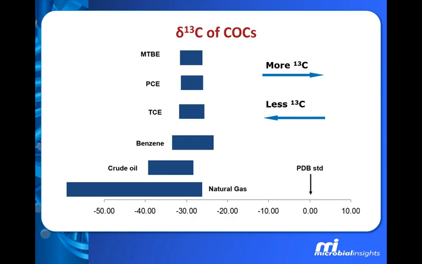If you perform that calculation, it results in a scale like the one that I've shown you here, where the standard is going to have a del 13C value of 0. So any compound that has a del 13C value less than 0 contains less carbon 13 than the standard, and if it has a value higher than that, that's more carbon 13 than the standard. What you're looking at here are some common contaminants, things like benzene, some chlorinateds, MTBE, and what the del 13C values of those compounds typically are,